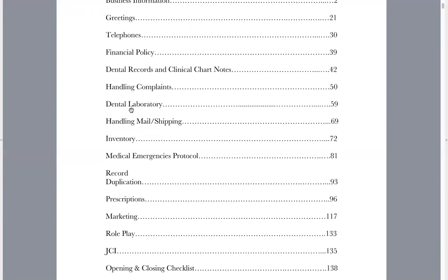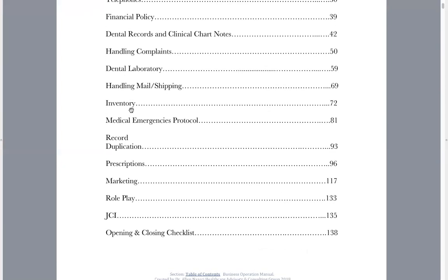We talked about medical emergency protocols, what equipment is needed, identify those equipment, the record duplication, and what should be the fees for record duplication. Again, these are customizable to your own local laws and government, but they do need to be documented. Prescriptions, the marketing, and then we have some sections for role play,